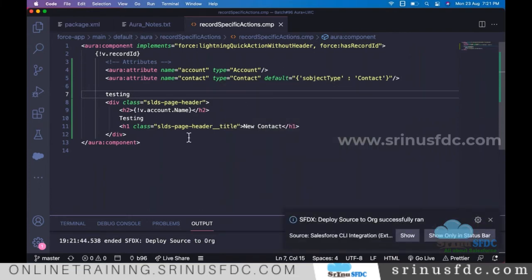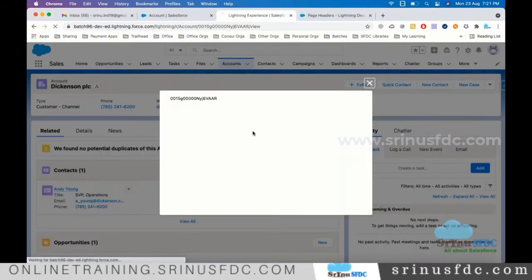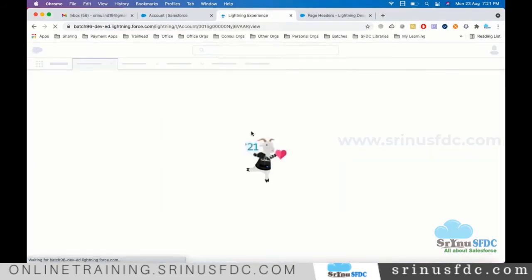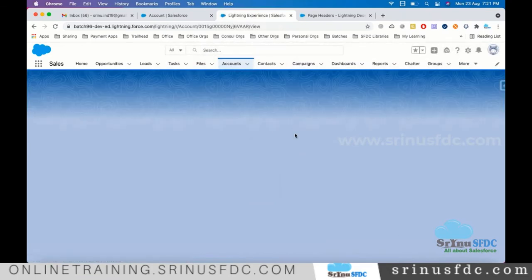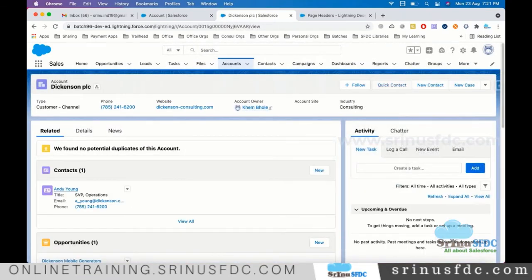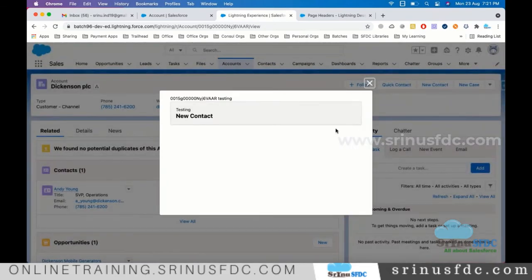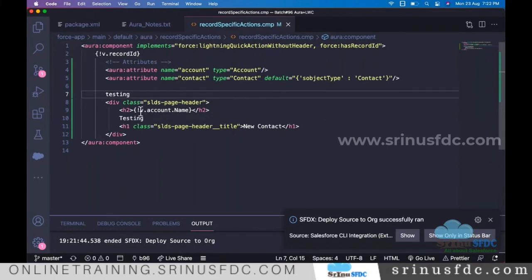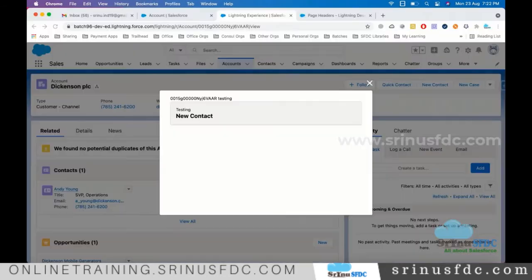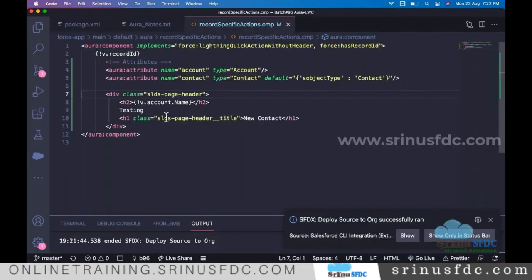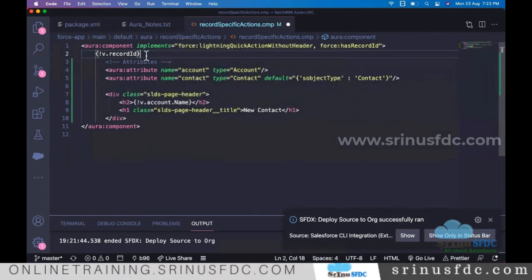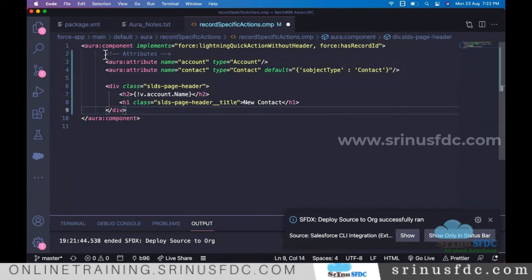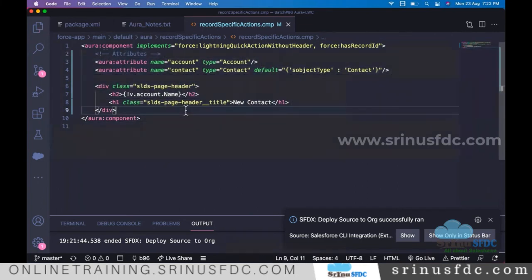Yeah, sometimes we forget. Okay, so if you observe, just let me know. Okay, just to refresh. Yeah, now it is coming up. So that's due to this. We missed this. That was causing the problem. Okay, so otherwise, I think it is fine. Just removing these things. I think it will give the proper result.